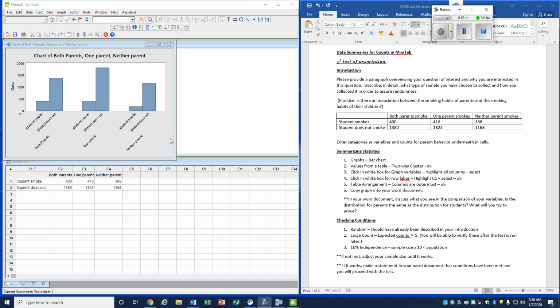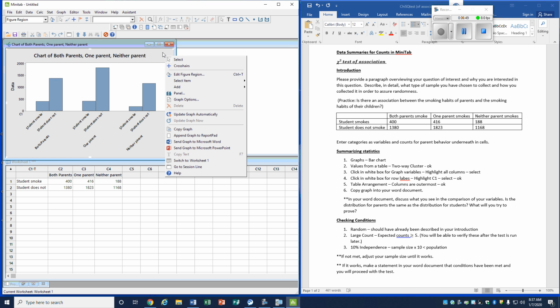So the reason I encourage Minitab use is because all of this is done for you, and it's very easily transferred into your Word document. You can also do graphs in the calculator. However, you would still have to transfer that to your report somehow or to your presentation somehow. You'd either have to draw that yourself, or you would still have to type it into some type of Excel program. So because Minitab is like Excel, I just do it in here